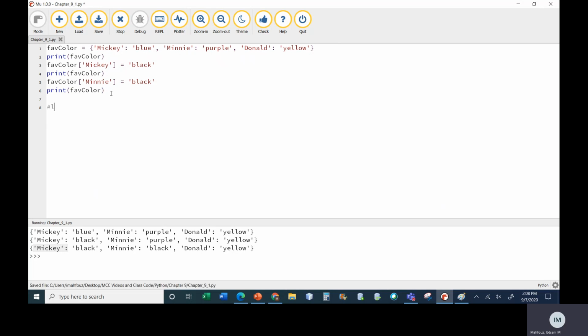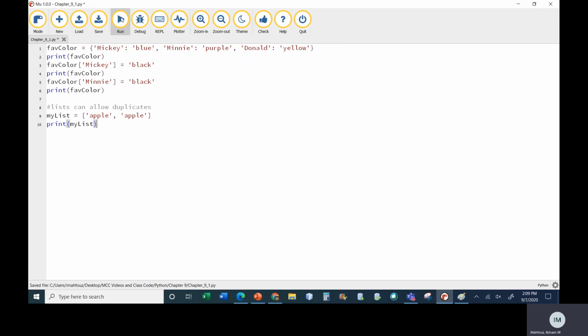Unlike lists, lists can allow duplicates. So I can have a list like we did before that has apple in there twice. Dictionaries, I can't do that. Oops, I used the wrong notation. Brackets for lists. I can do that with lists. So if I try printing my list, it will let me have duplicates.